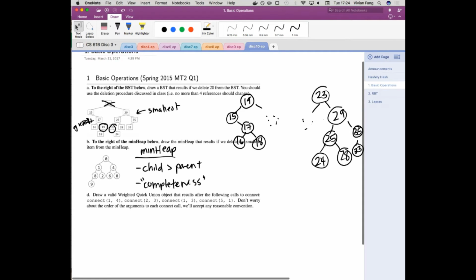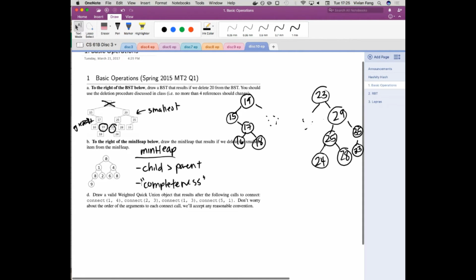So when we delete from a heap, you learned during lecture that to maintain completeness, you just remove the last element, right? I can maintain completeness of this tree by deleting this and then sticking the 9 here instead of 0. The reason we do that is because completeness is really hard to do without taking away a node that won't make your tree incomplete. It's like taking away a leaf, basically.